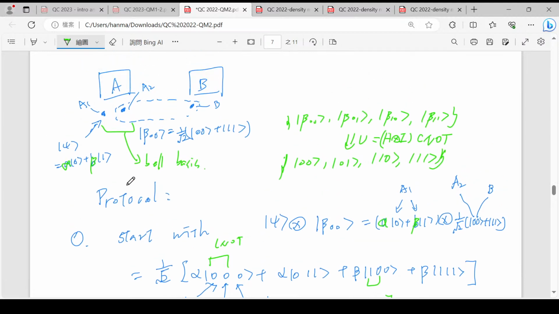Detail of the calculation. So let's write down all the quantum state shared by everyone at every step of the protocol. So we have step 0, starting state. What are we starting with? We are starting with psi tensor beta 00. So those 2 qubits are in beta 00, and this state, as we say, is in an unknown state psi. So it's alpha 0 plus beta 1, and tensor this beta 00 is 1 over square root 2 (00 plus